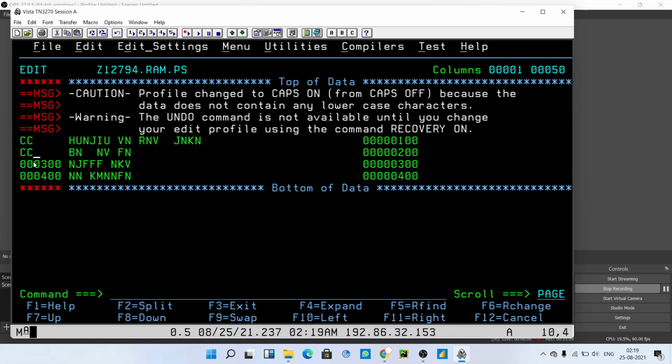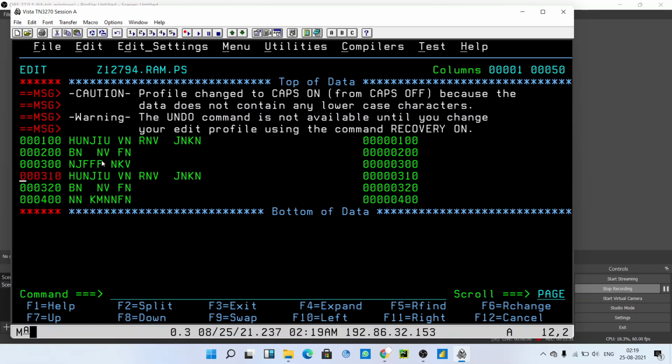So if you enter CC, whatever the code from this line to this line will be copied. Now if I enter copy, you can see move or copy is pending, and you can paste it after this line. Okay, if you press enter, your code will be pasted here.